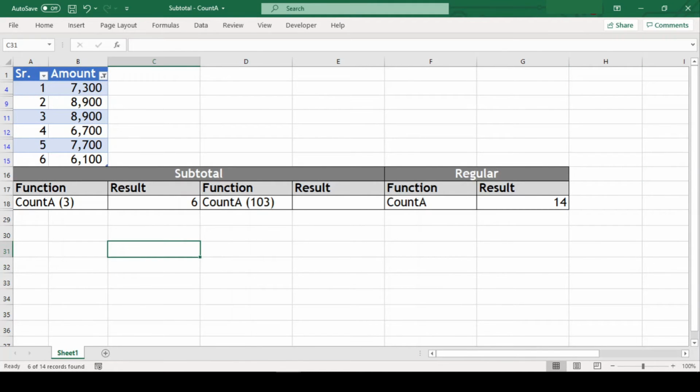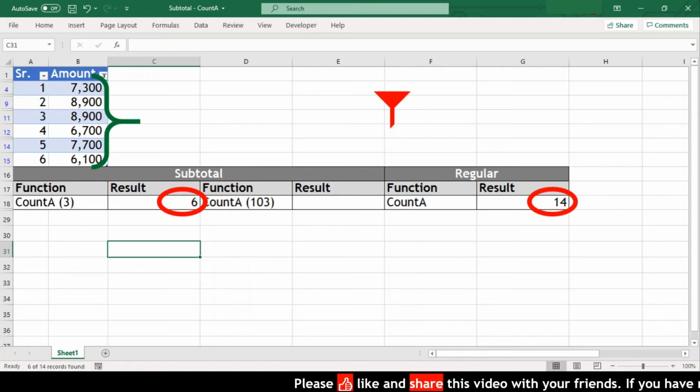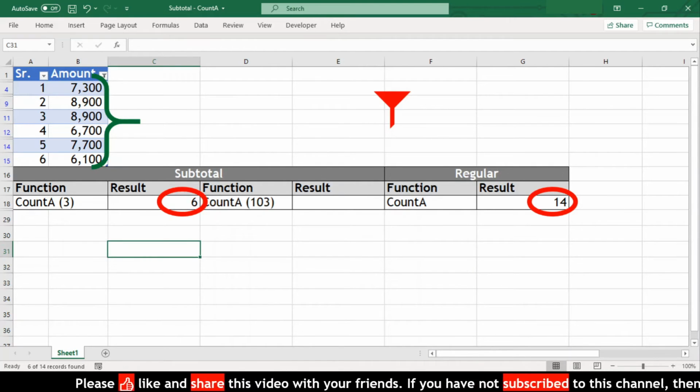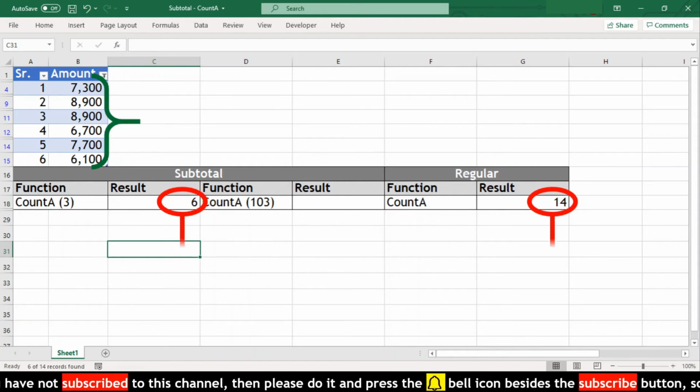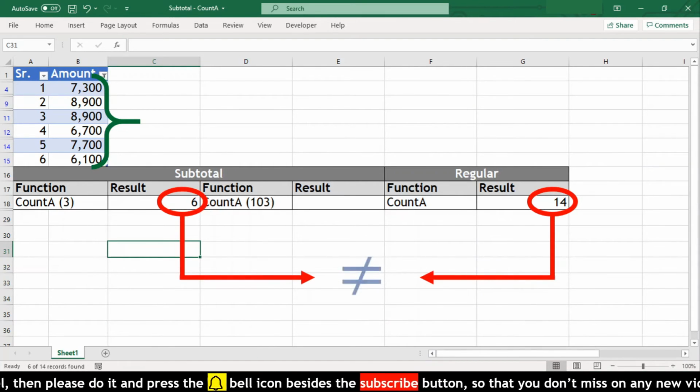As we can see, the result we got with the subtotal function changed when we filtered our range, and now this function is giving us the count of the remaining cells in the range, whereas the result from the regular COUNTA function has not changed. There is no effect on the result whether the range is filtered or not. So this is the basic difference between regular and subtotal COUNTA functions.